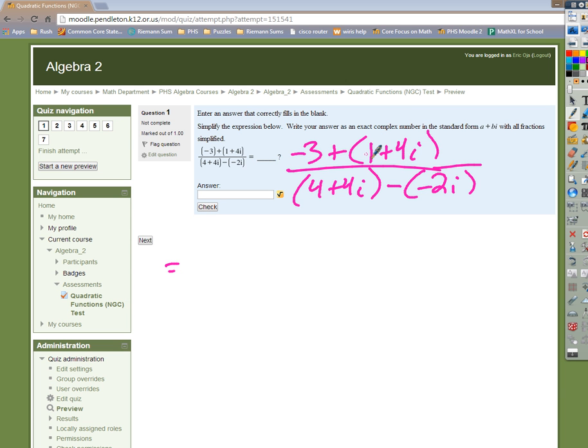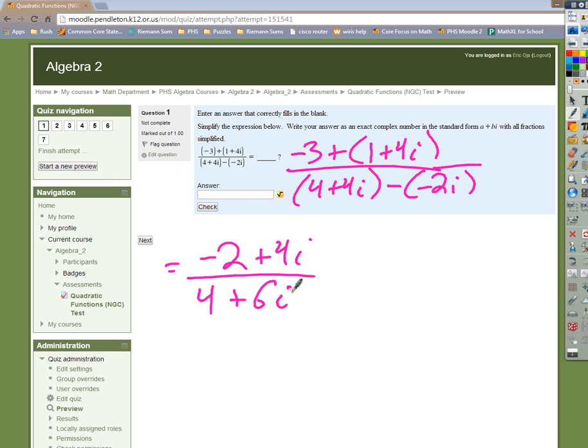Okay, so negative 3 plus 1 is negative 2, and I only have one i term. Remember, we treat the i like a variable, right? We're just going to add up like terms. So plus 4i. On the bottom, I'm going to get 4 plus 4i minus negative means plus 2i. Right, so that's just going to give me a 4, and then I can combine my i terms, 4i plus 2i